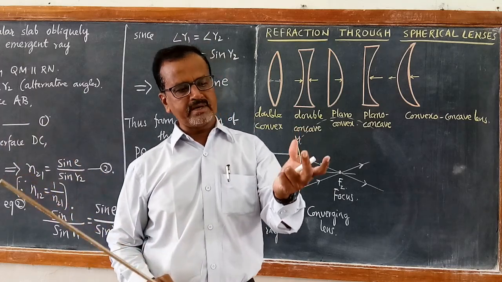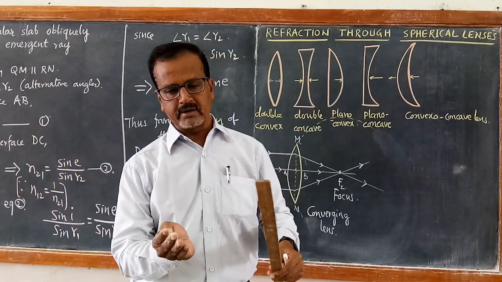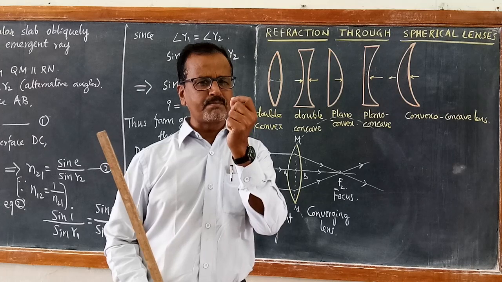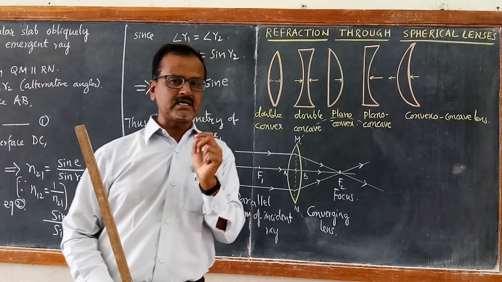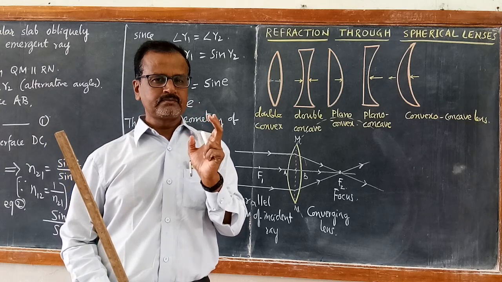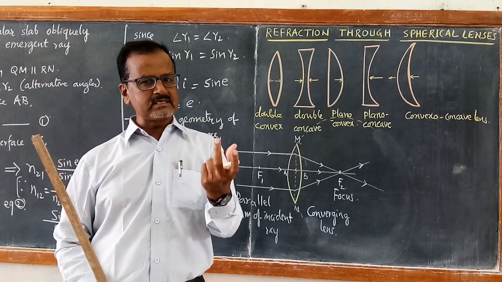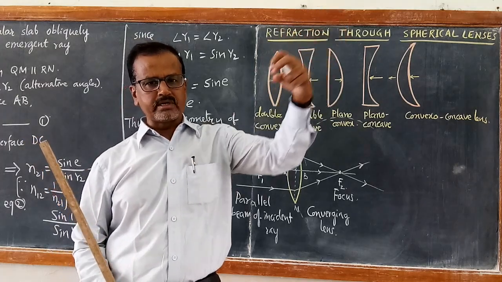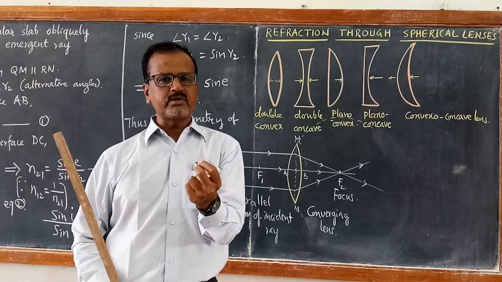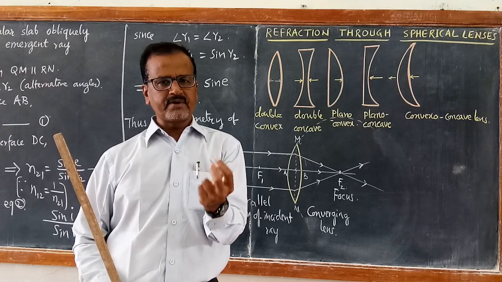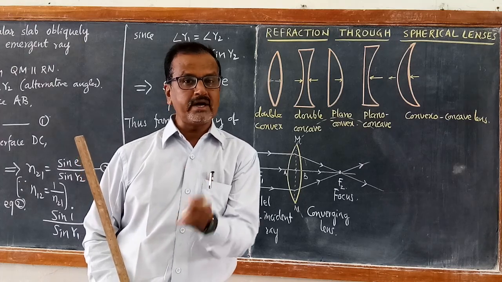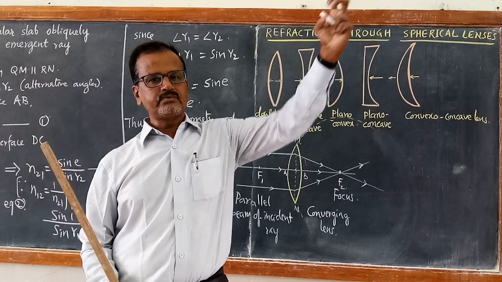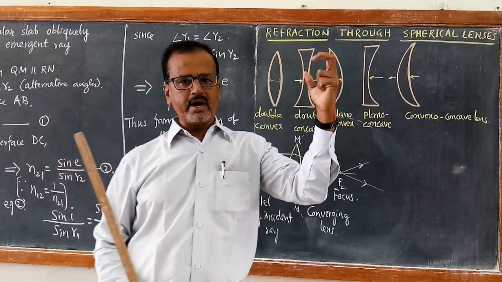So focus the convex lens towards the sun and hold a paper close to the convex lens. At one particular point, that point becomes a bright point and the paper starts burning with smoke. What exactly happens there? When you focus the convex lens towards the sun, the rays are converged, and all the converged rays after refraction form an image at that point on the paper. That is the point image of the entire sun.